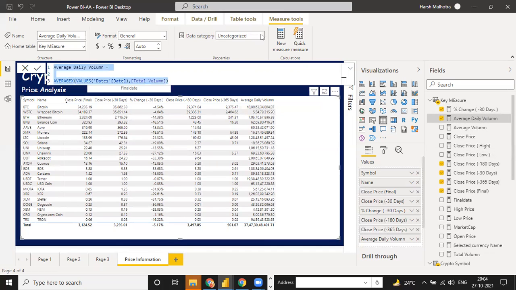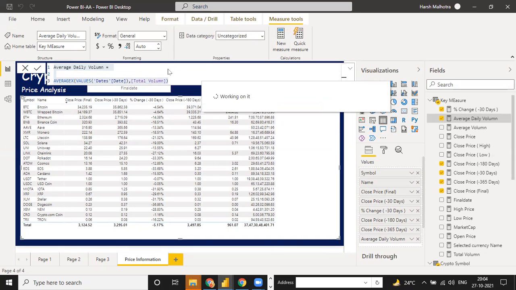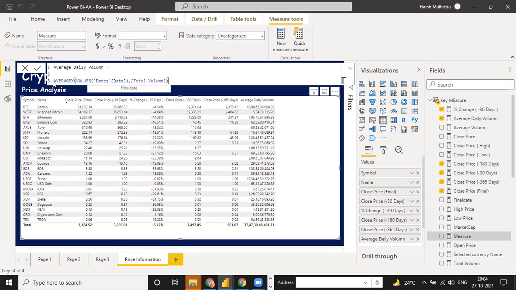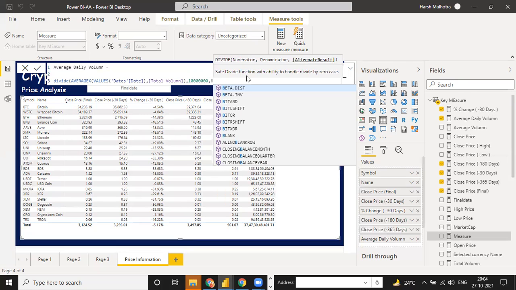So click on this function again, copy. This is just for formatting. If you use it, it's your choice; if you don't, it's also your choice. The function is the same. If I use my divide function here and divide this numerator by 1 million, in the million one we have a 60 right here, 1 2 3 4 5 4 5 and 60. Okay, and divide by 60, and the alternative result we need as blank.